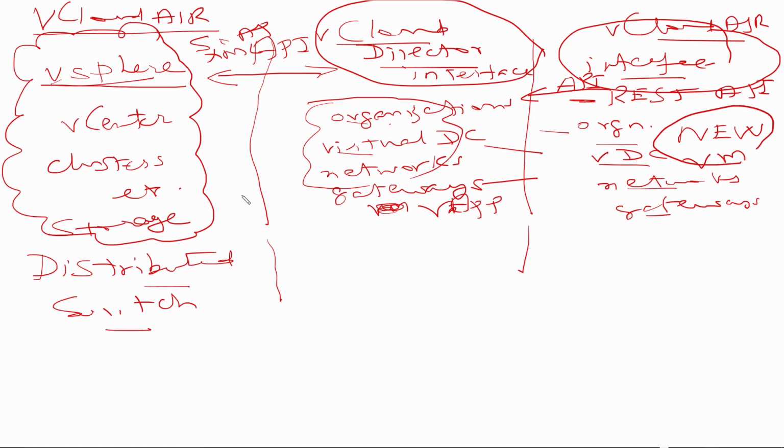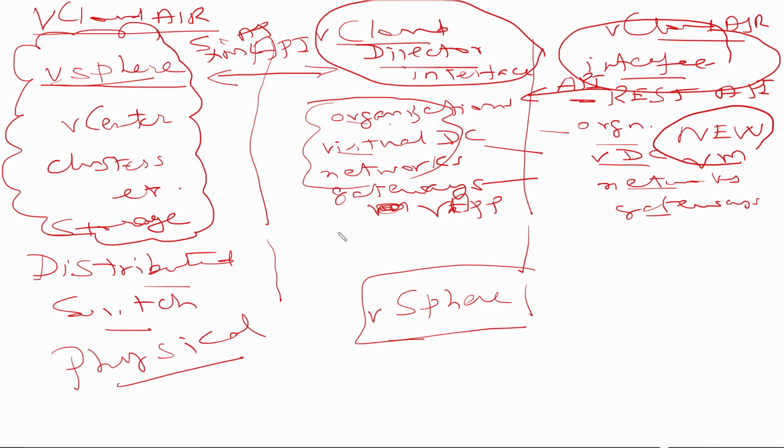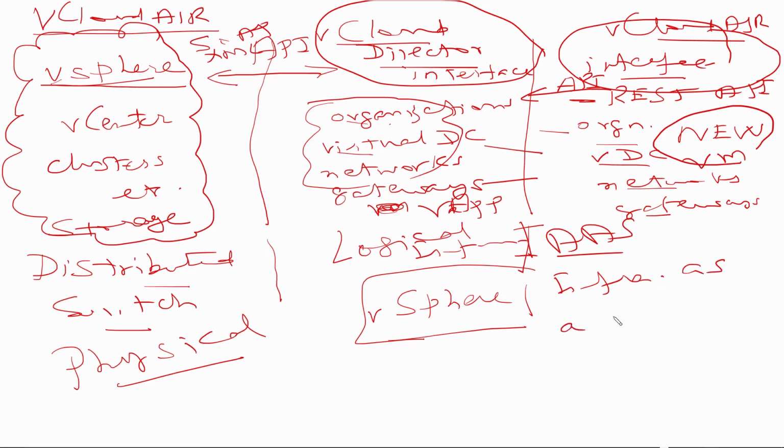Now, to go into any more detail would not make much sense because we're talking about vCloud Air here, but realize that everything here resides on the vSphere environment in the end. These are simply layers. This is physical infrastructure. This is logical infrastructure. This is in fact the IaaS, infrastructure as a service. And of course your portal is your vCloud Air interface. This is your portal. Okay, so with this background, we are going to go to the actual Air interface and create a virtual